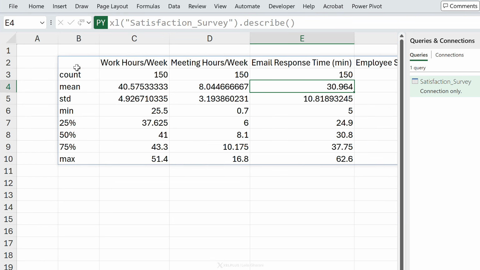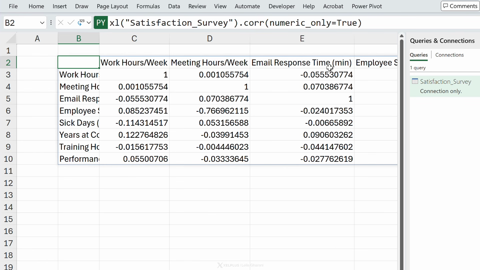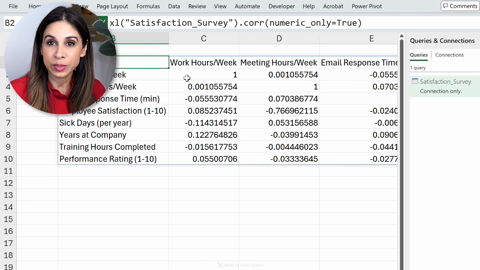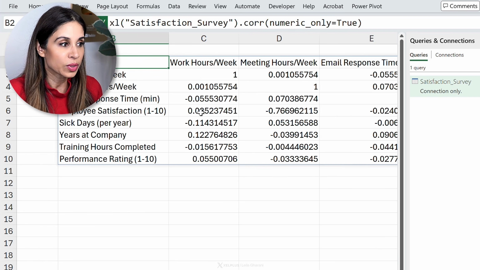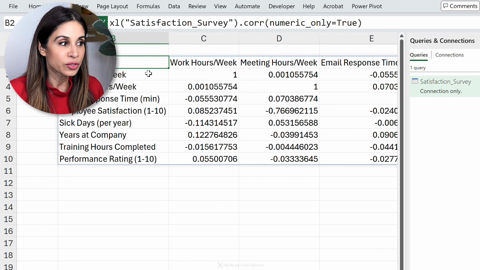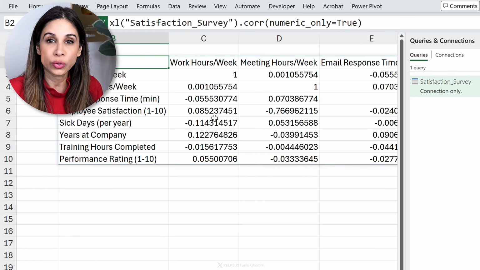What we could do is, instead of .describe, do .corr to get the correlation between our numeric columns. Just to make it clear that we only want to include numeric columns, we're going to put numeric_only equals True. That's it. Control-Enter this, and look at what we get. +1 means we have a perfect positive correlation, and -1 means we have a perfect negative correlation between our metrics. Now, obviously, a metric to itself is going to have a 1, but we're looking for other metrics that are close to 1 or